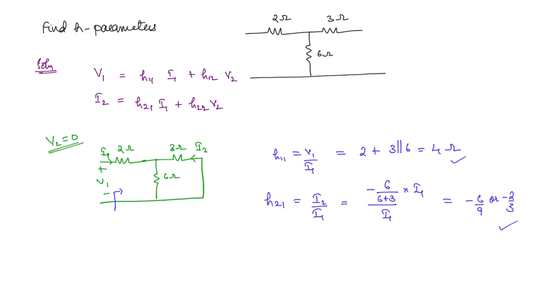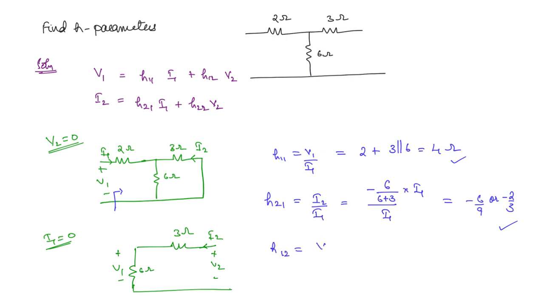What is the next step? Here you can take I1 is equal to 0. So what will be the circuit in this case? We have 6 ohms here. This is 3 ohms. I2 will be flowing into the 2-port network. Here you have V2 and here you have V1. Okay. Now what will be